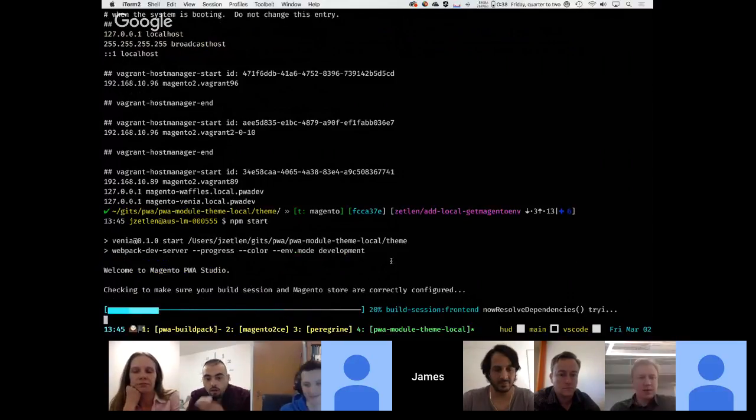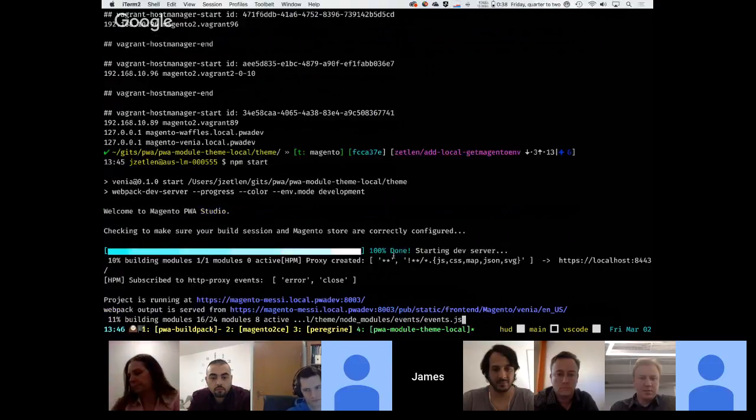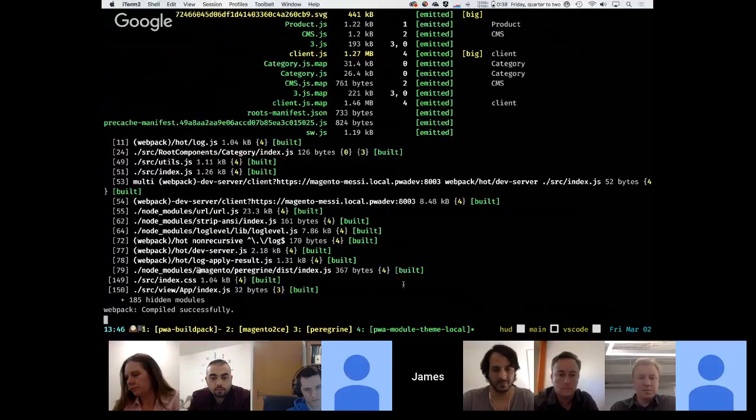But what it was doing was, when you initially set up a store and you've never worked on that theme before, it's going to ask you for a couple of administrator passwords in order to do some very particular things. One of them is it's going to generate an SSL certificate authority if it hasn't already. If it has, it doesn't need to do that. It's going to trust that authority in your preferred system, which usually